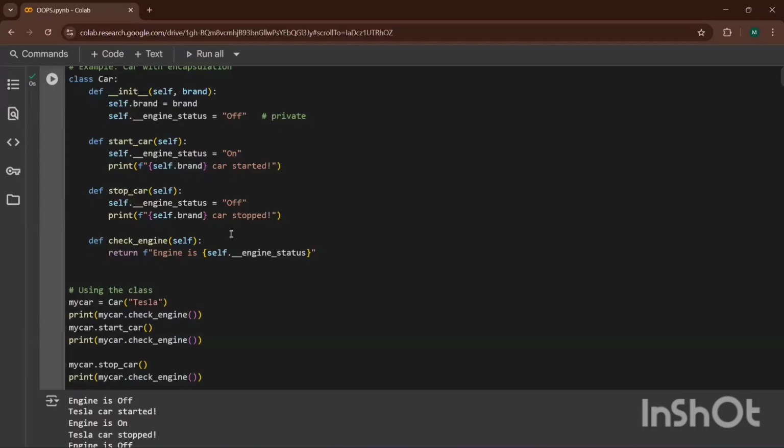So in the line self.brand, we are calling object.brand, the instance which I am going to create for that particular class, in that case Tesla. So Tesla is the brand. That is what I'm calling.